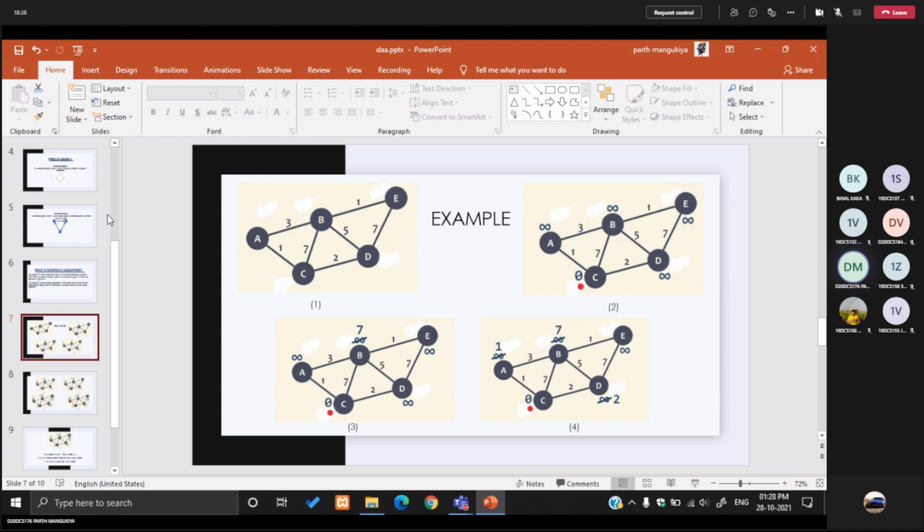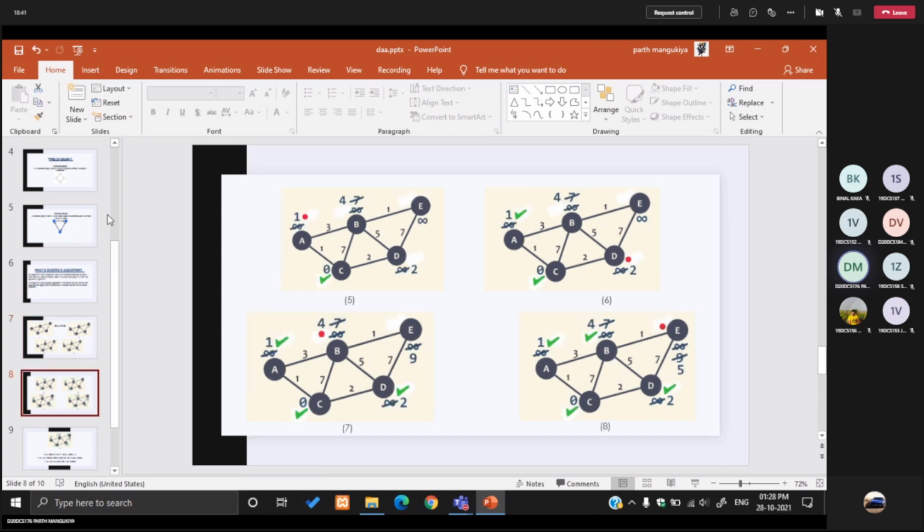We do the same process with A and D. A's value is 1 and D's value is 2. Then all neighbors of C are checked, so node C is marked as a visited node. Then we go with node A, the minimum distance unchecked node among B and D, and our new current node is A. After that we check all the nodes.